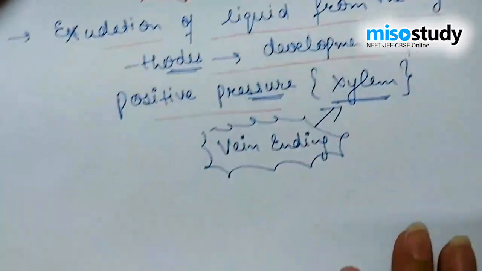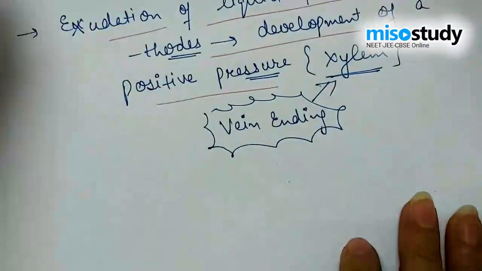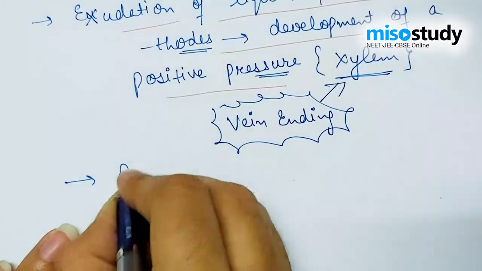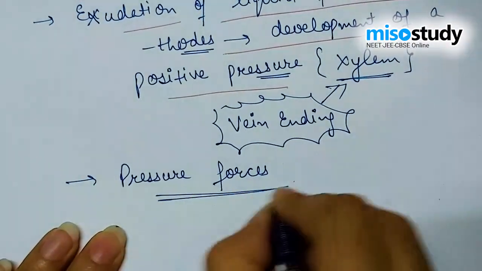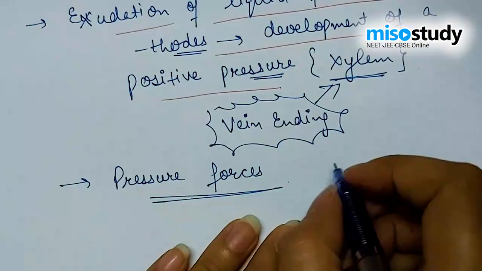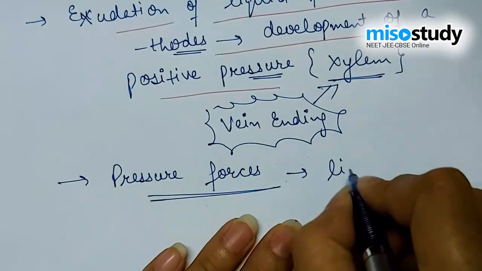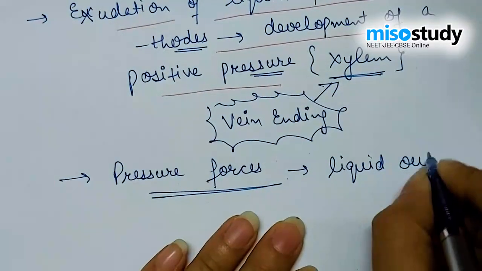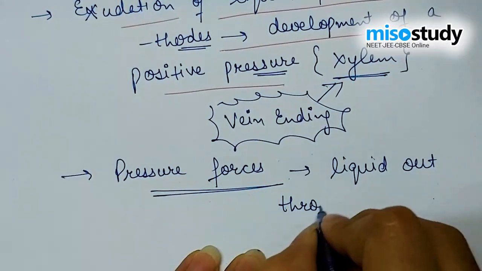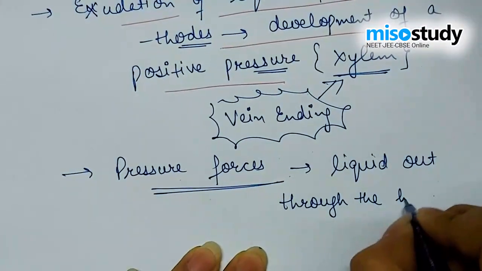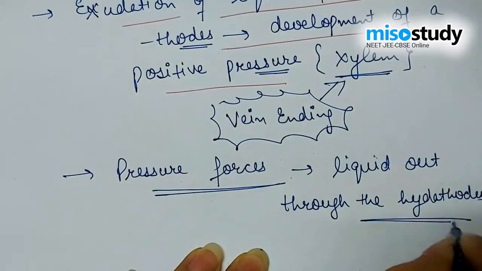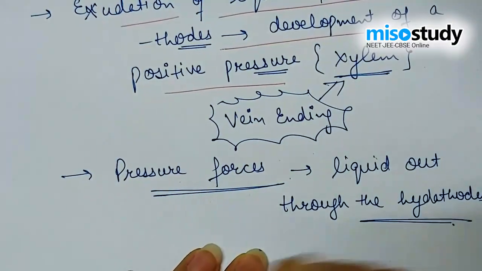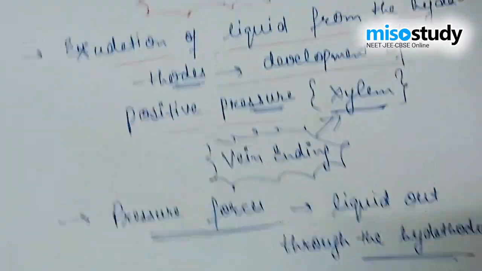The pressure forces the liquid out through the hydathodes. That's why it comes out from the leaves of plants as water droplets. So according to the discussion,